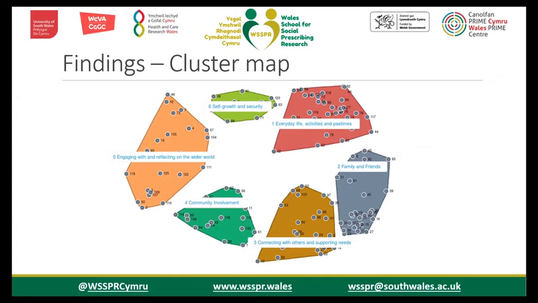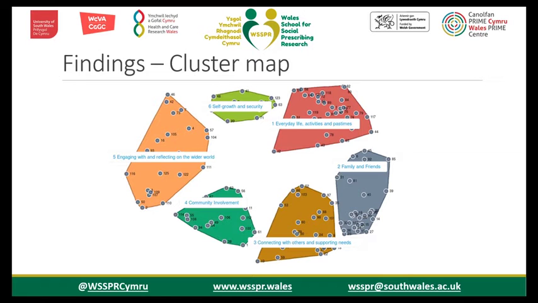Fifth is engaging with and reflecting on the wider world, which is things like continuing to work after retirement age and using more technology. Finally, the sixth cluster is self-growth and security, which includes statements about being able to make worthwhile plans for myself and my future, and being able to put into practice worthwhile plans for myself and my future. The location of the statements and points on the map tells you more about how the statements were sorted